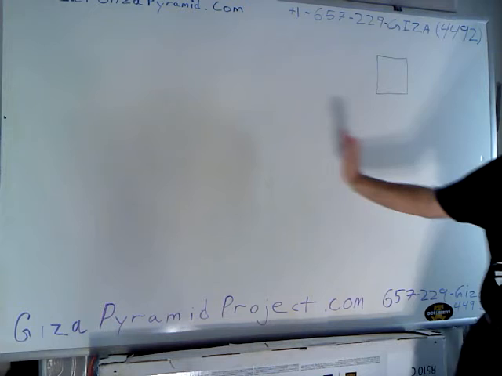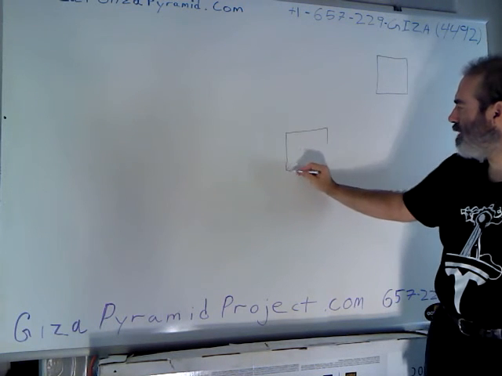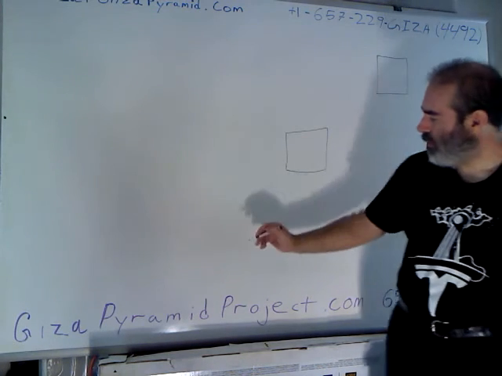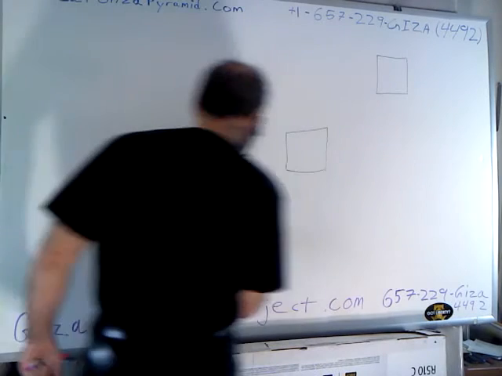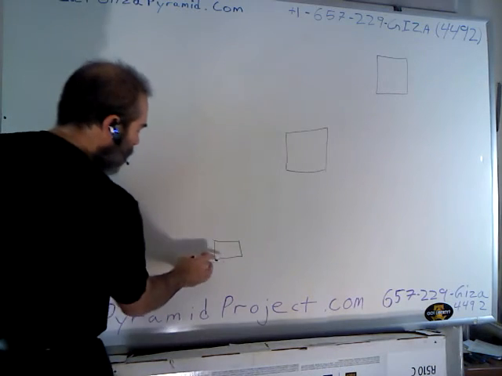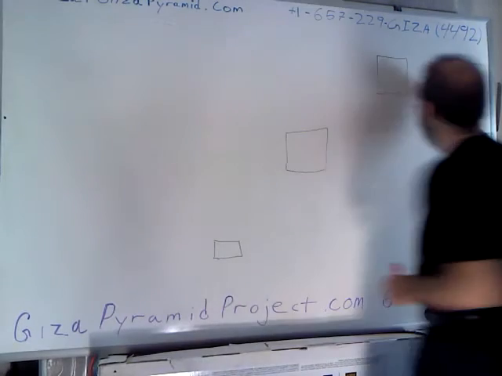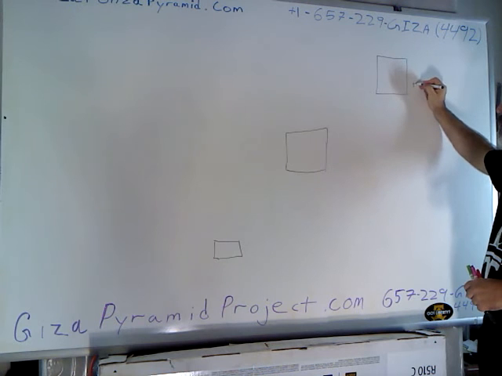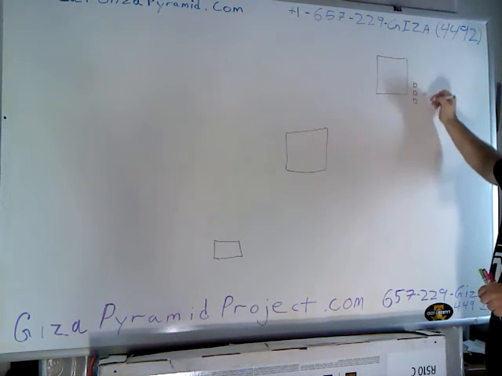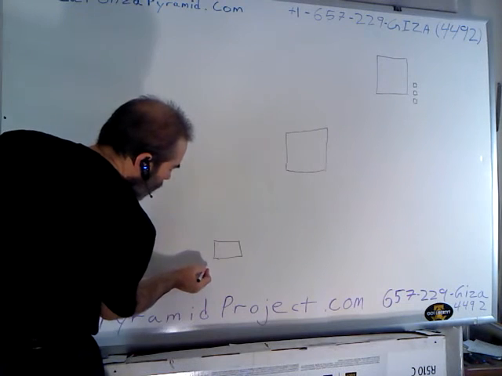To the south and a little bit to the west, there is the second pyramid. And then to the south and a little bit less to the west, we have what I like to call Building 7, or the third of the largest pyramids. Now, on top of that, there are three other major structures over here to the side: Building 3, 4, and 5. Then you have Building 6,